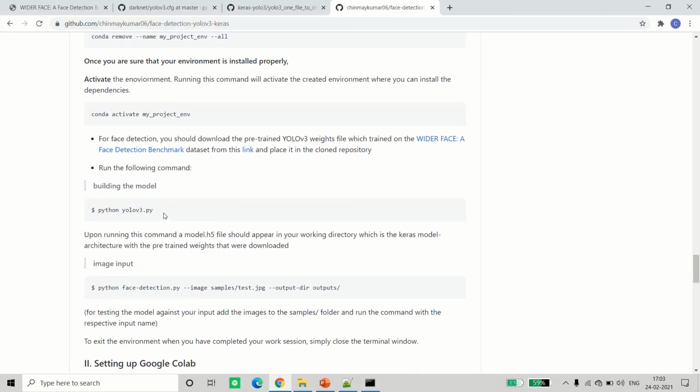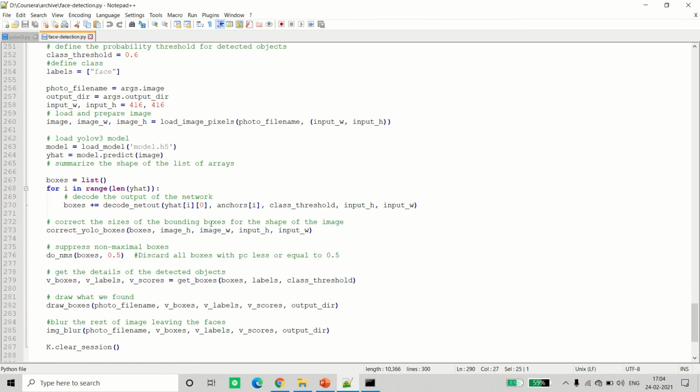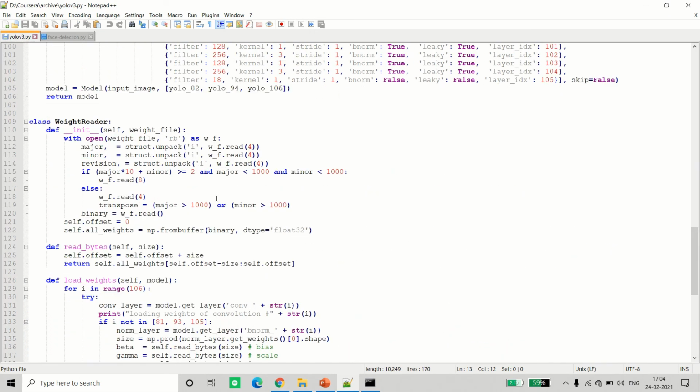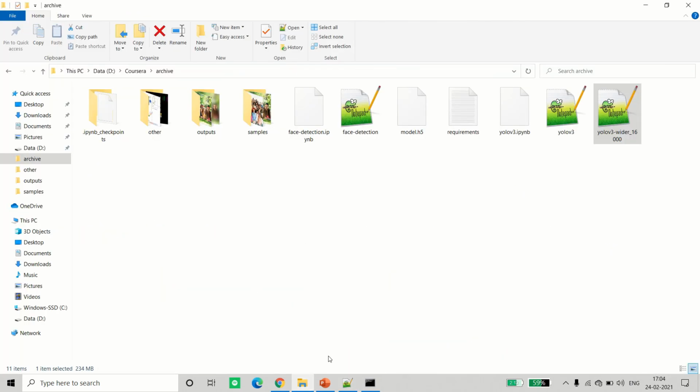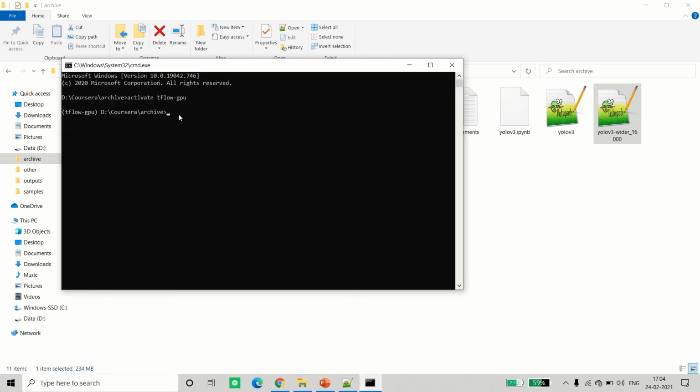Now first of all we have to run this to make the model.h5 file as we saw initially, using the weights file, it will load the weights and make the model. So I'll just go and paste it and run it. It will take a minute or so, maybe.